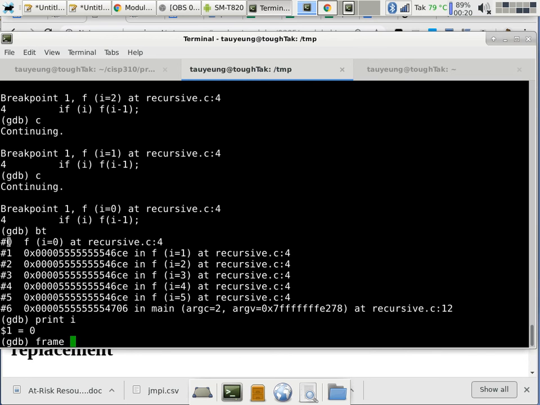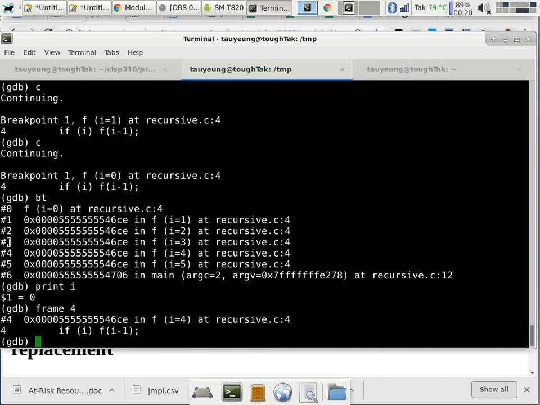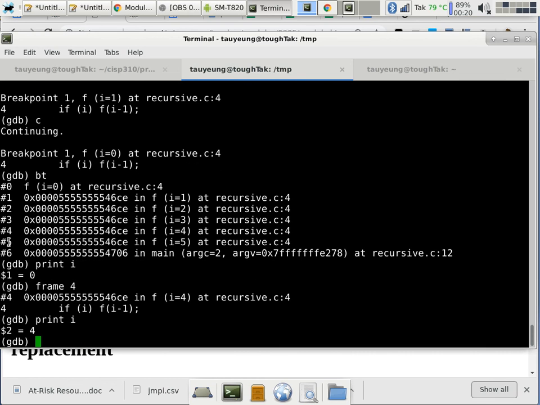So if I say frame 4, well, it shows the answer already. It basically says, frame 4 is the one where the parameter I is 4. So if I say print I, obviously it's going to print 4. But if I had any local variables, I would be able to print the value of a local variable of a previous frame, even though the execution point is not there anymore. Is that okay? Now this is really, really useful because